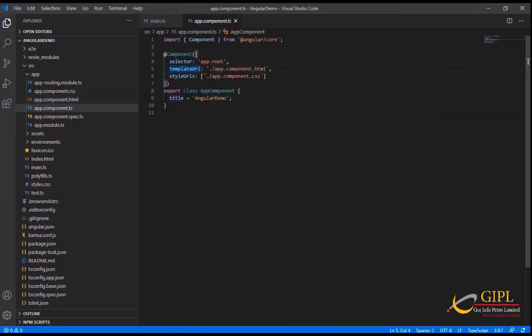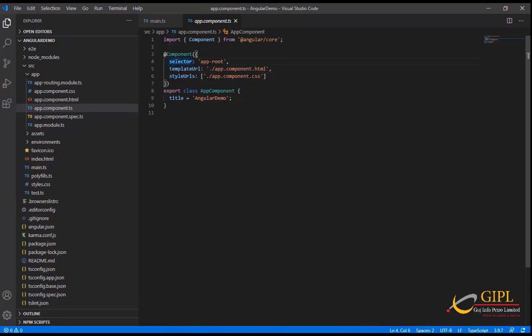Nevertheless, let's discuss what is the use of the app.component.ts file. If you open the app.module.ts file, it has some libraries which are imported and also directives. This component has these three things generated by default: selector, templateUrl, and the last one is styleUrls.